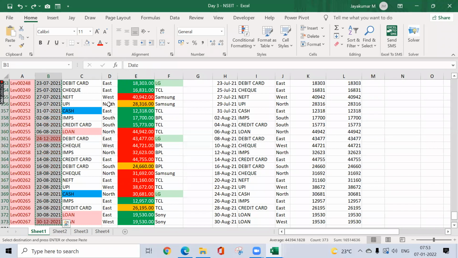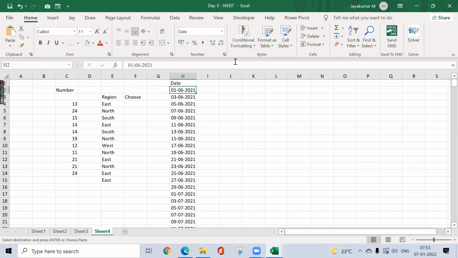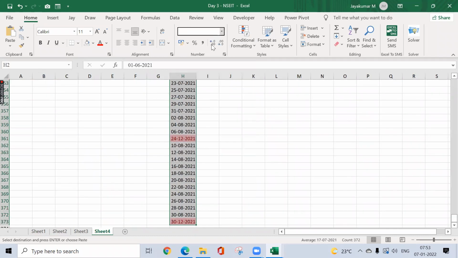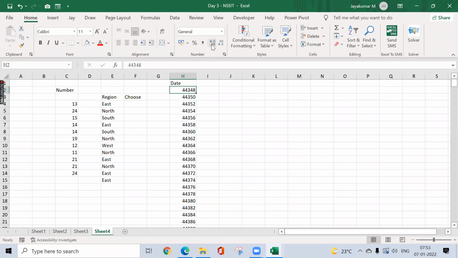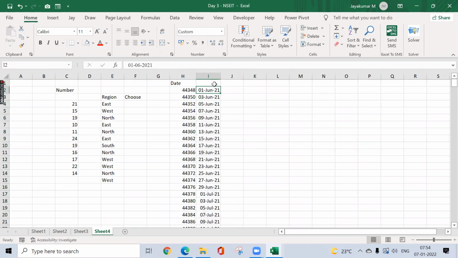For example, I'll just copy this date set and go to another sheet. As I said, all the dates are number-related. If I convert this into General format, this is a number. I'll convert that into a date format again. Now June 1 is considered as 44,348. Then from 44,348 to